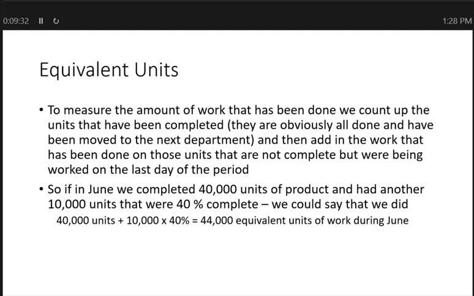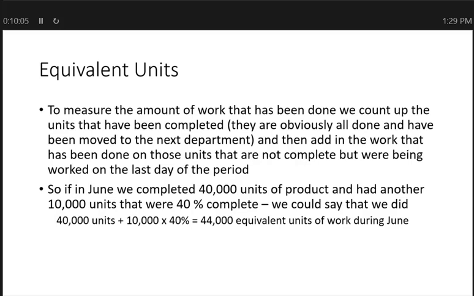They weren't 100% complete, or they would have been transferred. So we were still working on them. We've done some work, so we can't ignore that some work has been done on those units. So what we do is we say there's 40,000 completed units. There's 10,000 that are 40% complete. So we just multiply that 10,000 times 40% and count that as 4,000 equivalent units of work,